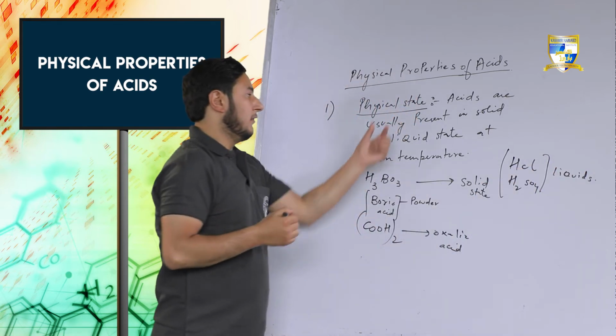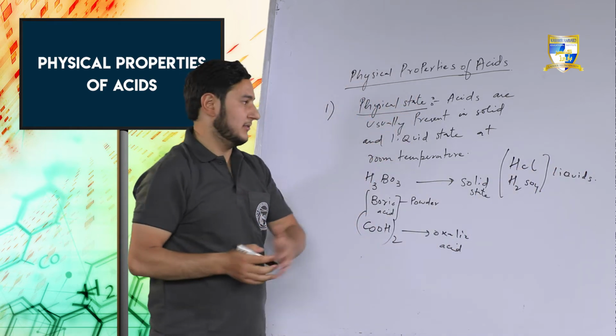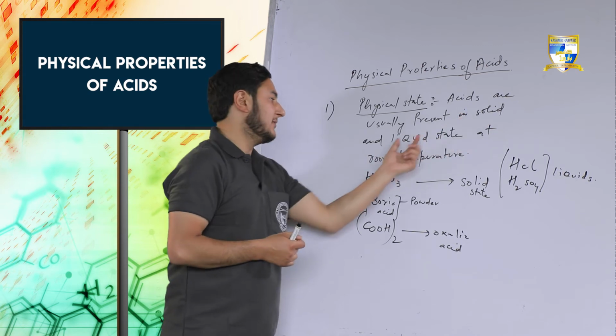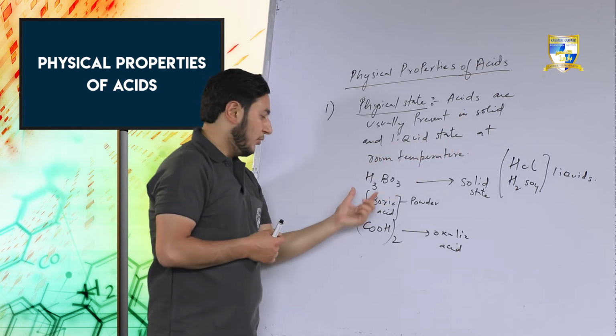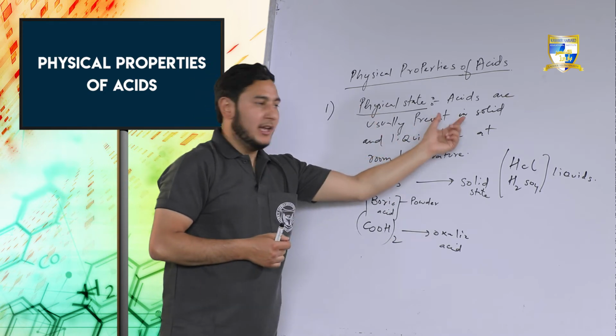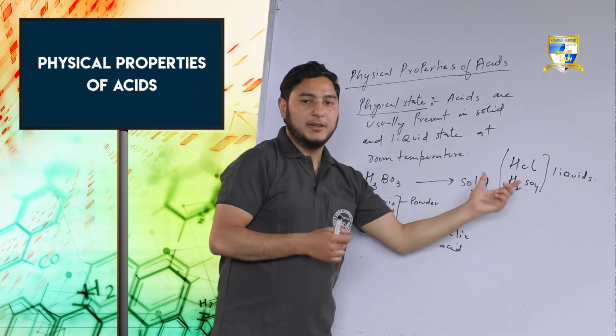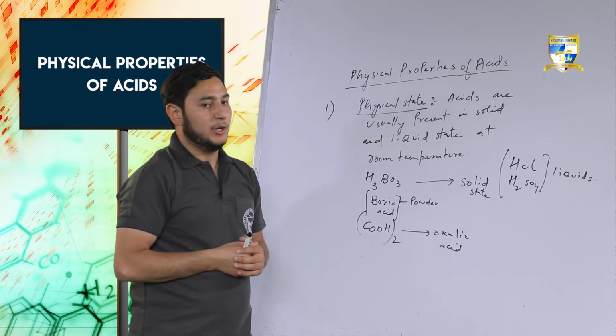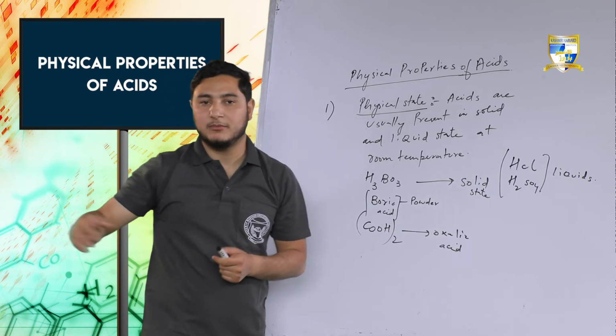So, physical state: how do acids exist? They exist as solids, and they exist as liquids at room temperature. Boric acid and oxalic acid are examples of acids present in the solid state. HCl and H2SO4 are examples of acids that exist in the liquid state. Now, property number 2, that is